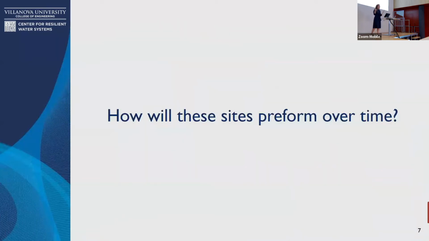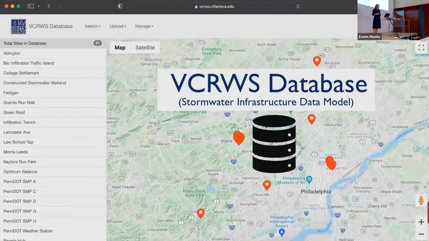So how do these sites perform over time? These are open systems. We have things coming in, water, probably sediments, seeds, trash, litter coming in over time. And you also have things leaving. Because it's an open system, we know that there's probably some change occurring through this. So to understand more about this change, we said, let's think about data.